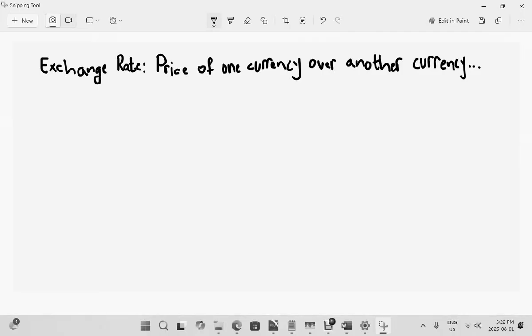All right, so this basically means that if you have US dollar, and you're trying to figure out the exchange rate from US dollar to, let's say, euro, this has to do with exchange rates or foreign exchange rates. Now, when it comes to exchange rates,